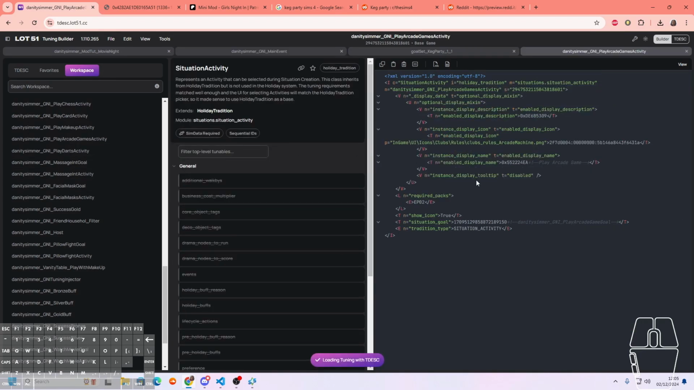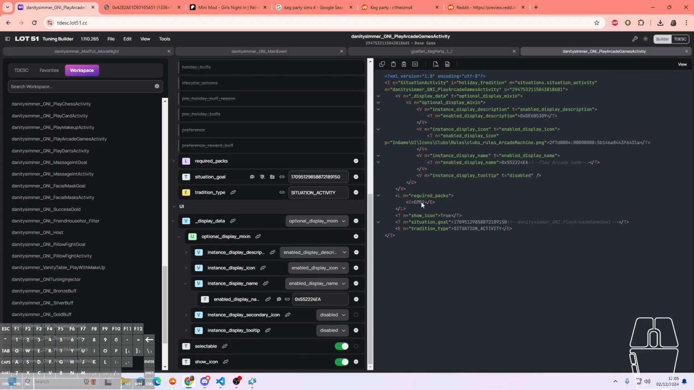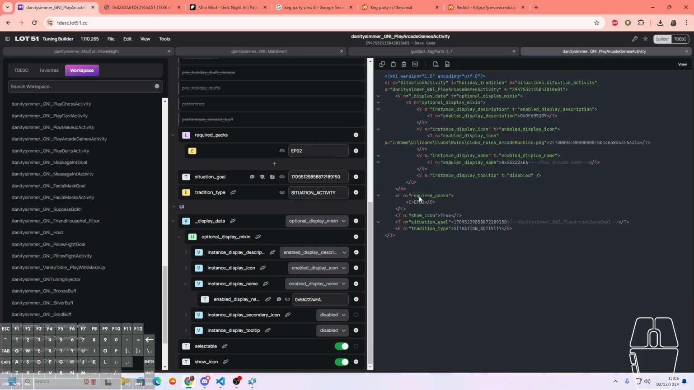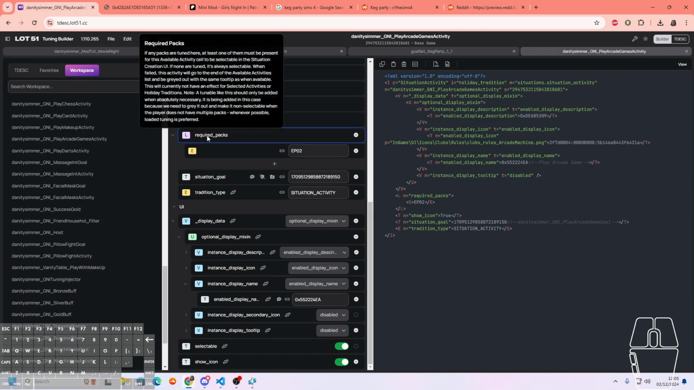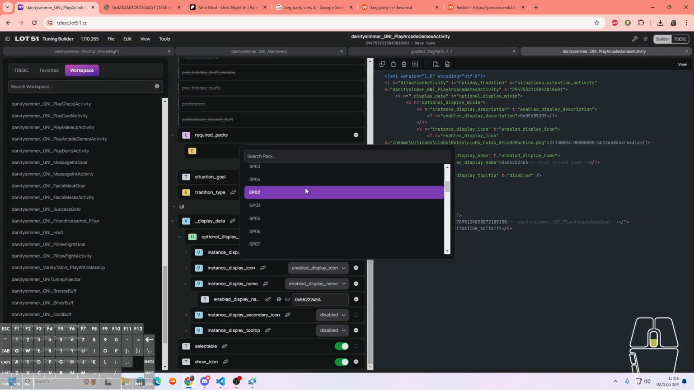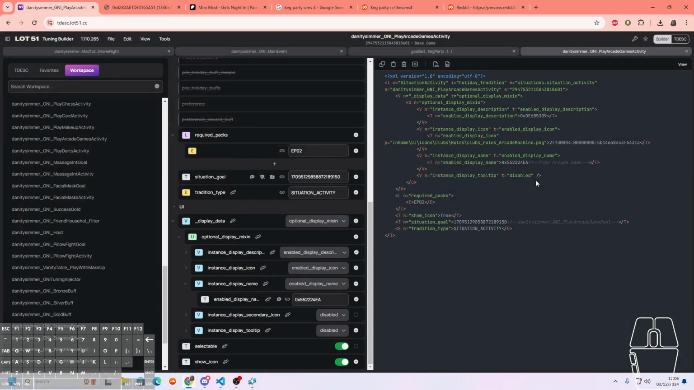So this is a play arcade activity. So it says here required pack. So that's when you show the icon. So this one requires city living. I think that's what pack this is, arcade games. So this one requires city living. So you make sure you put the packs that's required. You can search that up on the internet on which pack is which number. And then you show icon to say that yes, this requires